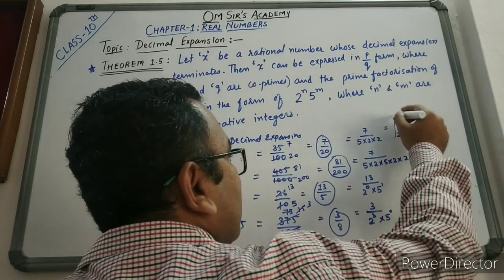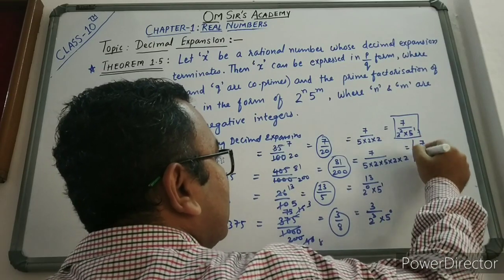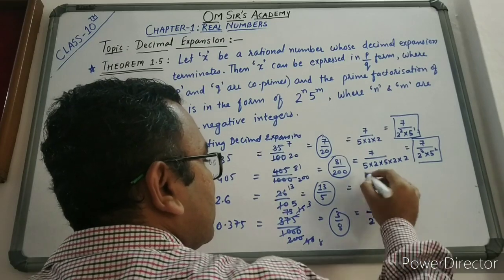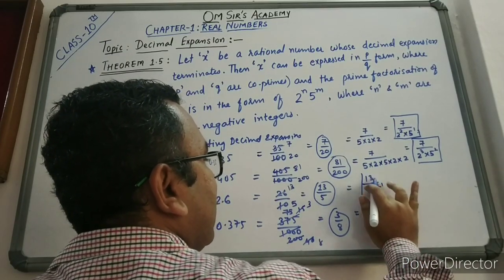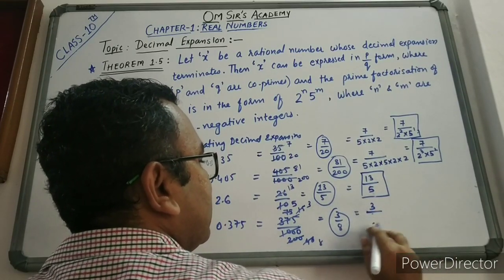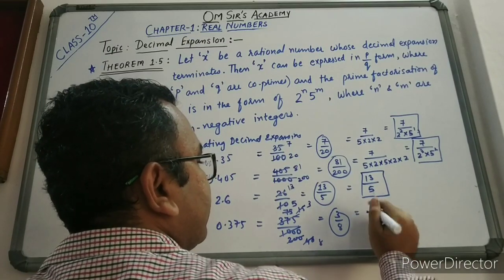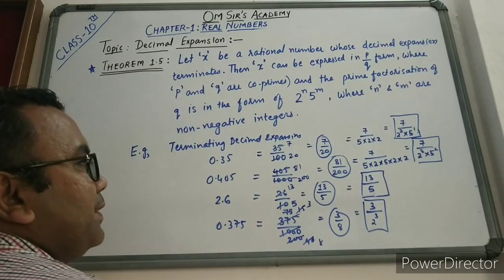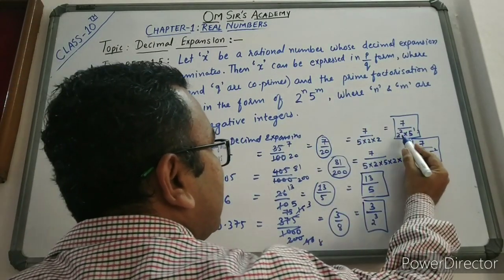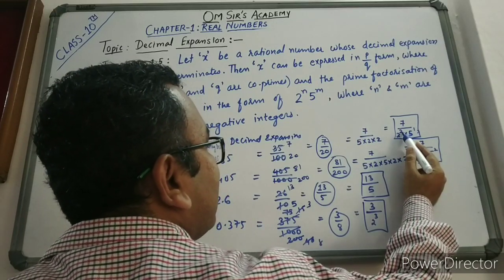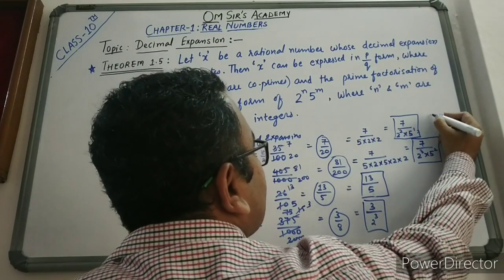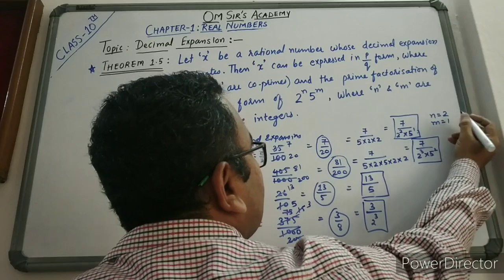So here friends, in all these cases, you can see the denominator. I am not writing this right now, so that you don't get confused. Just write whatever the prime factors are. Okay. So I am writing this as 2q. Now in this case, see the denominator is in the form of 2 raised to n and 5 raised to m. Here what is your n? 2 raised to n. Instead of n it is 2, and what is your m? It is 1. So here instead of n it is 2, and instead of m it is 1.